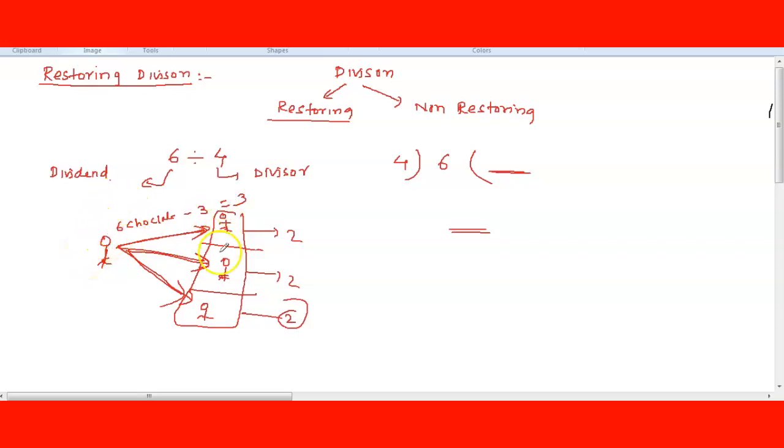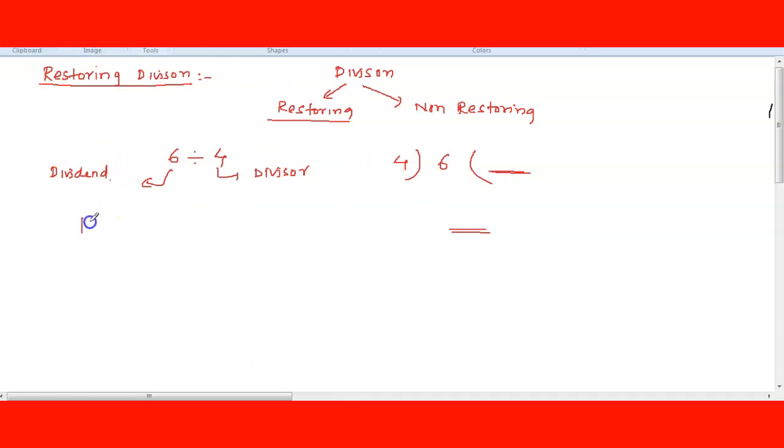Here all are equally distributed and I have no chocolate in my hands, so the remainder is 0. Consider I have 7 chocolates and I have distributed 2 each. I have distributed 6 chocolates, so only 1 remains, and that chocolate we cannot distribute equally because it is less than the equal distribution. So we can do it by repeated subtraction, but repeated subtraction is very slow.